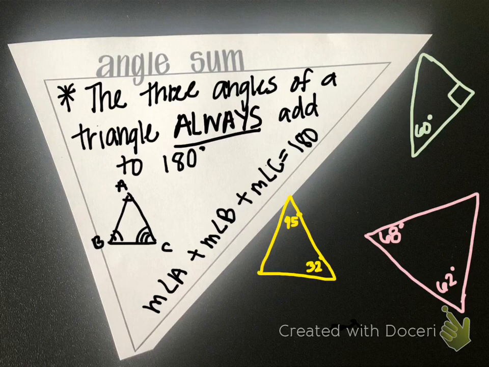Alright, so some examples here. If we look at the yellow triangle, we know that one angle is going to be 45 degrees. The other angle is going to be 32 degrees. And so if we want to find the last angle,